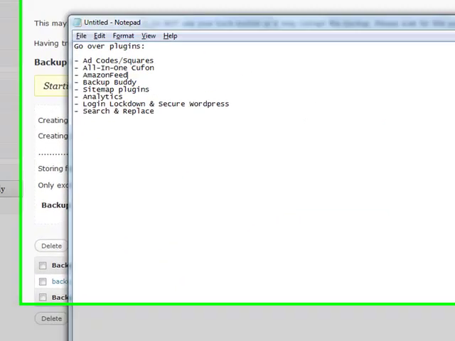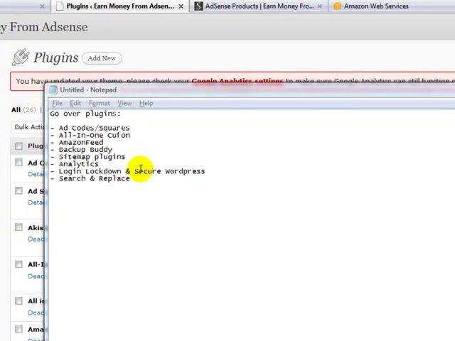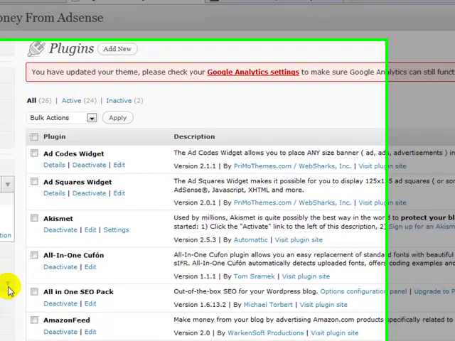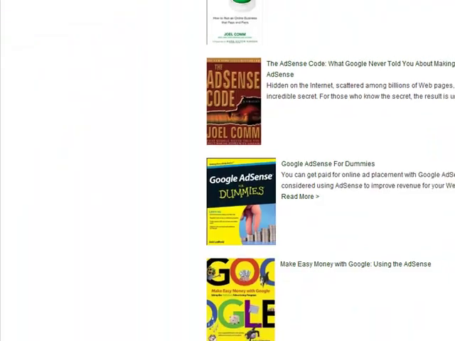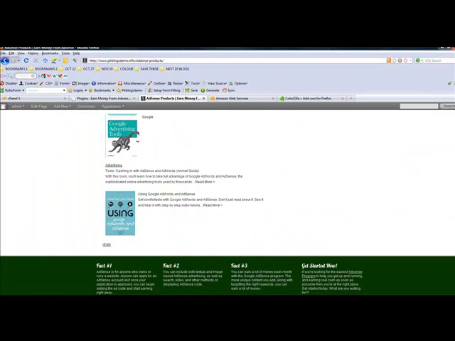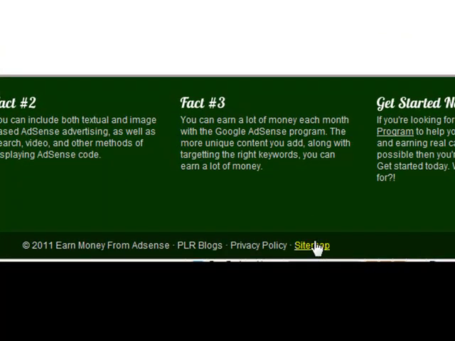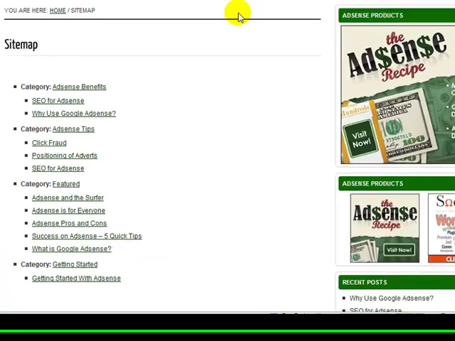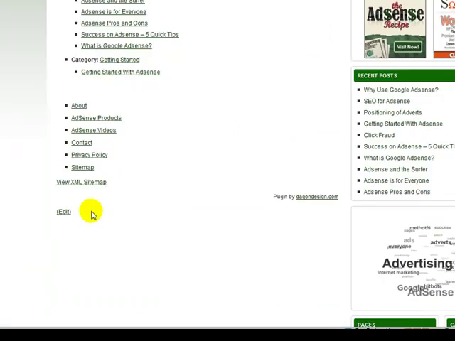Let's see, what else do I have here? Sitemap plugins, they're good for on-page optimization. Essentially, if you went down to the bottom and you click the sitemap, this is a page, a sitemap page. This is good for Google spiders, but you also have an XML sitemap plugin,